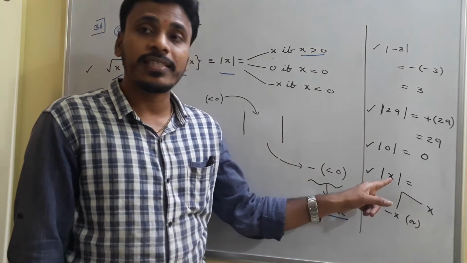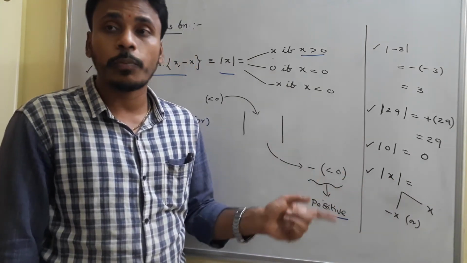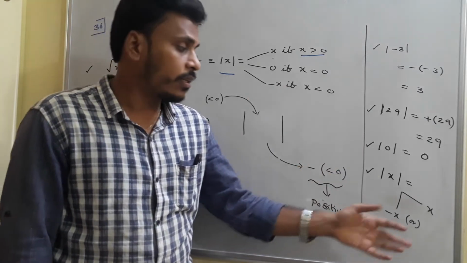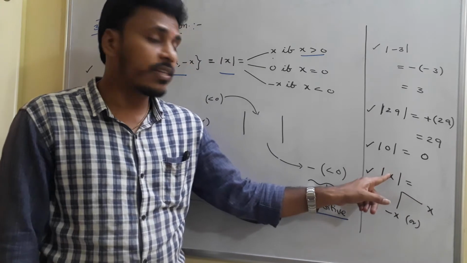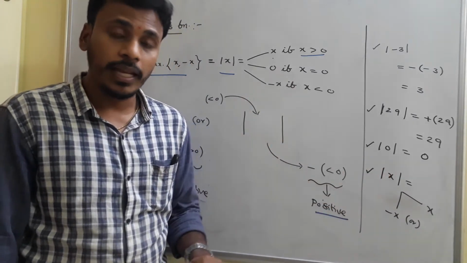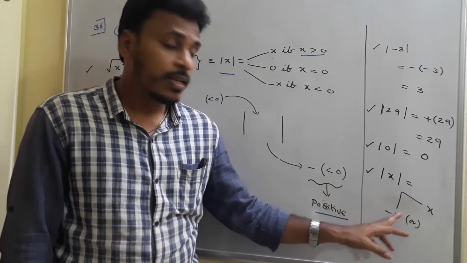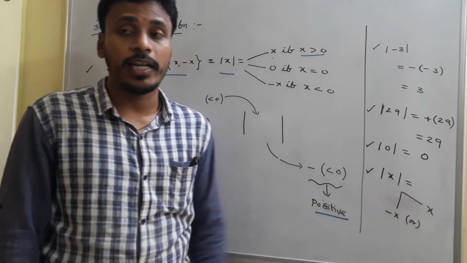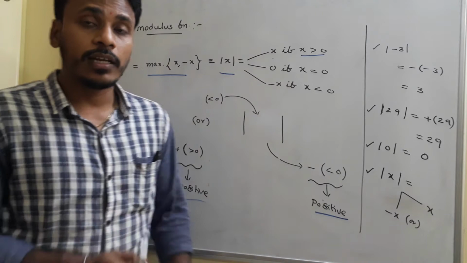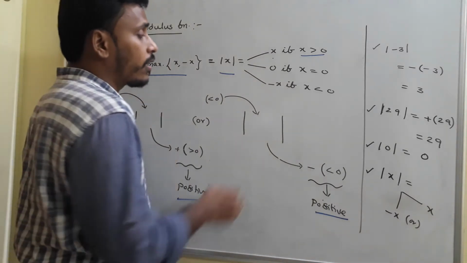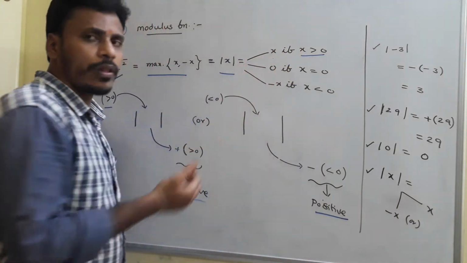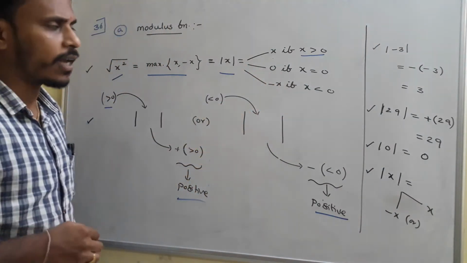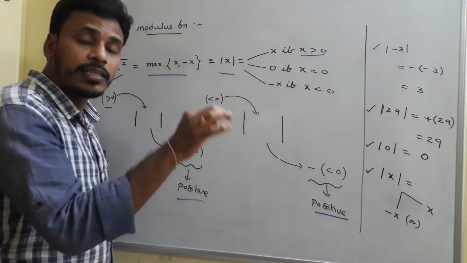Whereas if your input is x, we don't know whether it is positive or negative. If it is positive, multiply with plus sign, your answer is x. If this is negative, you need to multiply with minus sign, your answer is minus x. And that's why for modulus of x we have two options. We don't know what it is exactly. Okay, be careful here. X, we don't know whether it is positive or negative. Minus x also, we don't know whether it is positive or negative. It completely depends on x.